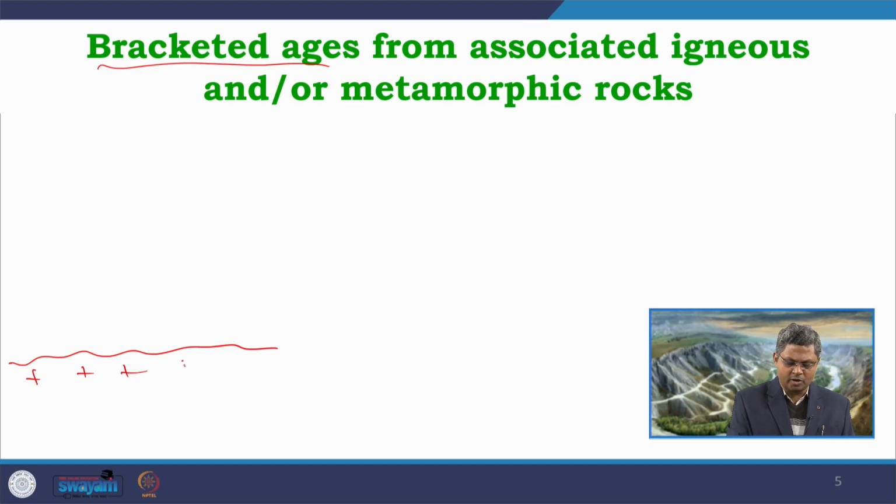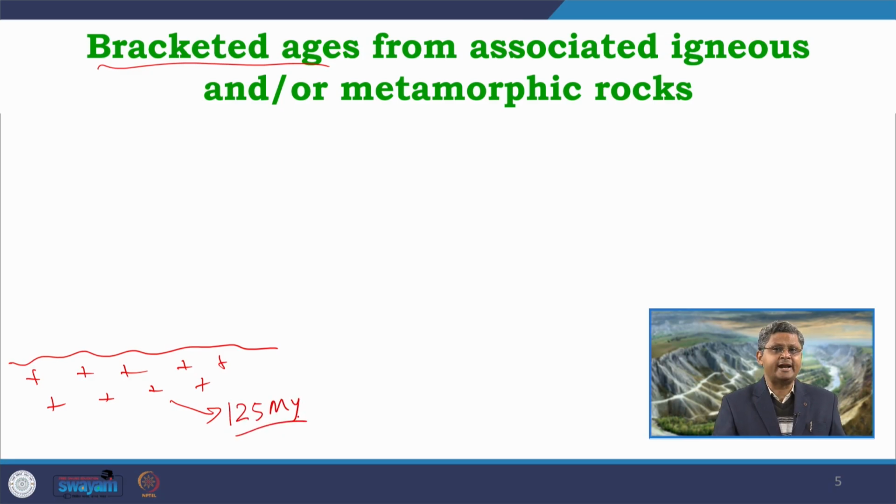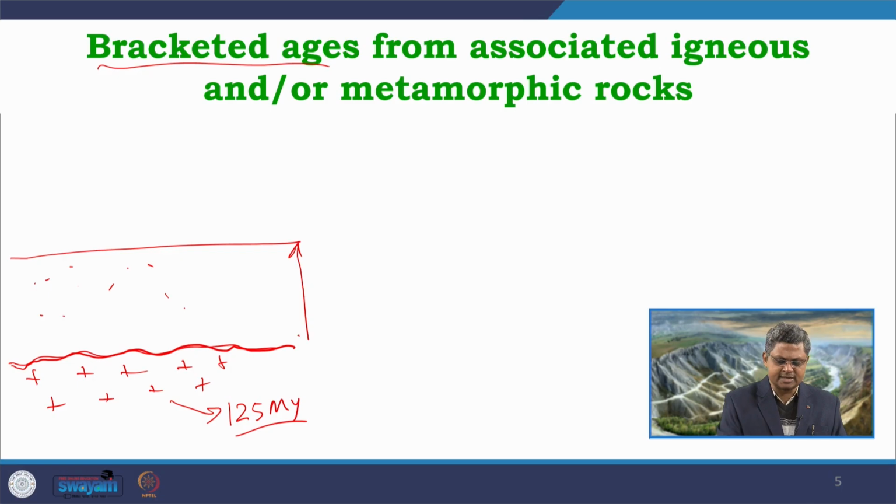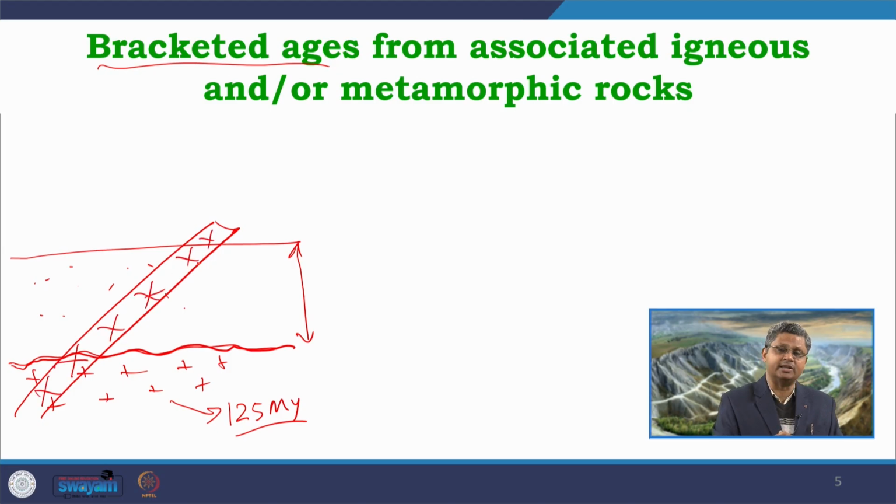So, this is a granite body, and within that granite body, from zircon present within it, we have determined the age as say 125 million years. So, the granite body was emplaced at 125 million years. That can be very easily determined using the absolute age dating method. Now, on this granite body along this contact we have an unconformity. That means there is an age gap definitely, and on that we are getting a sedimentary unit. So, this entire unit is the sedimentary unit, and then this entire portion is cross cut by a dike. A dike body has cross cut this, maybe a dolerite dike,